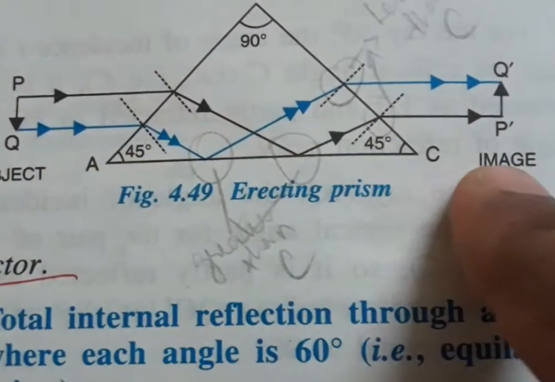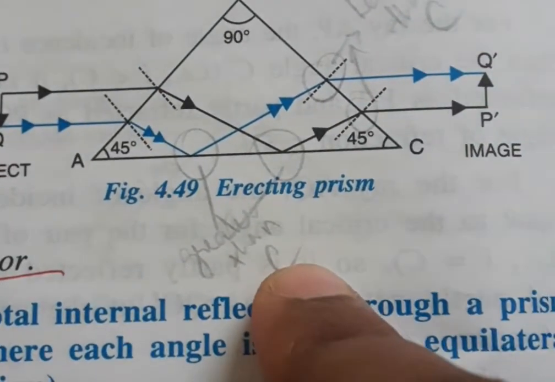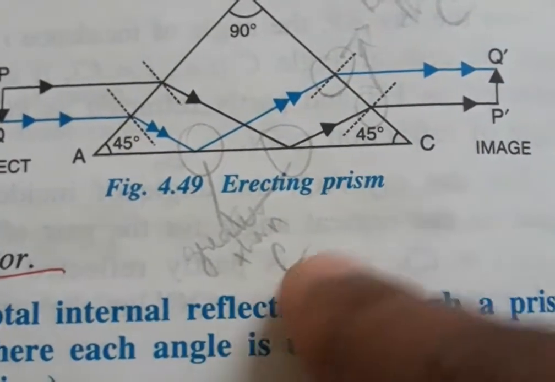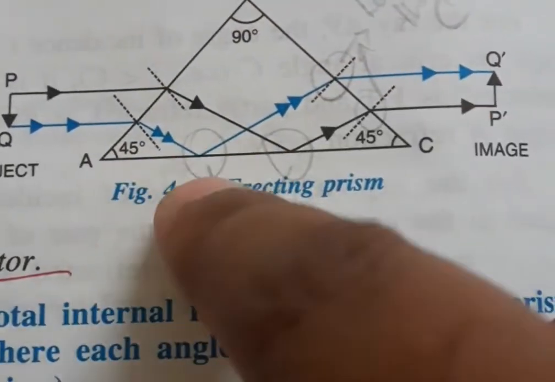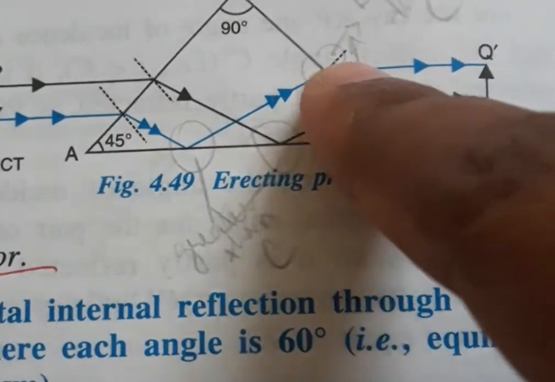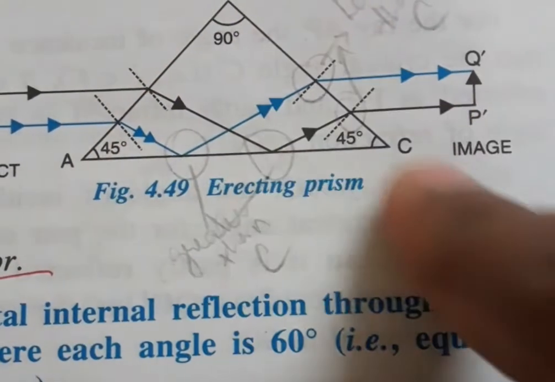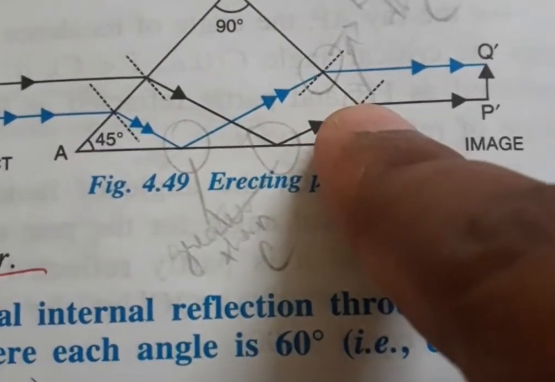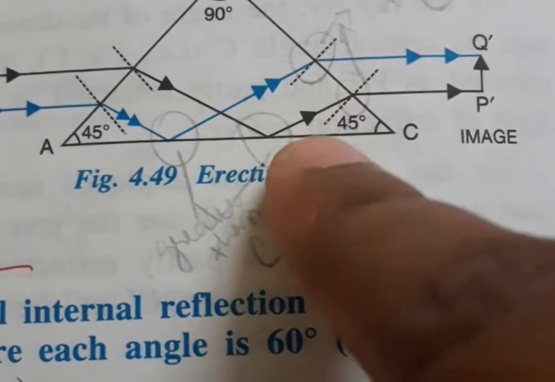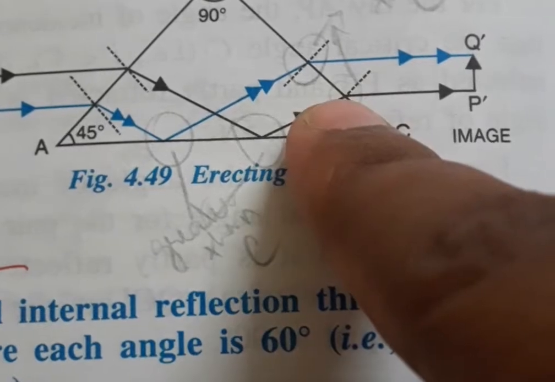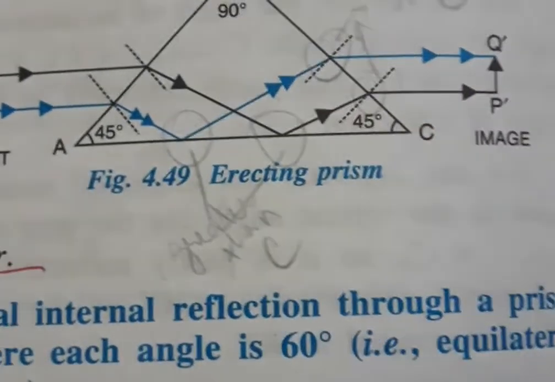Now when it falls on the face AC, it falls at an angle greater than the critical angle. The angle of incidence here is greater than the critical angle, so it suffers total internal reflection. Now this totally internally reflected ray is an incident ray on the surface BC. So here it again suffers refraction, not total internal reflection. Therefore it suffers refraction while it goes from a denser to a rarer medium, so it moves away from the normal,